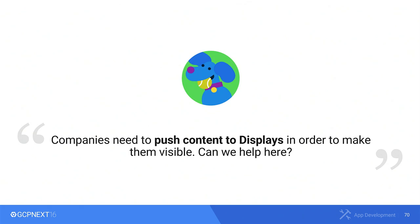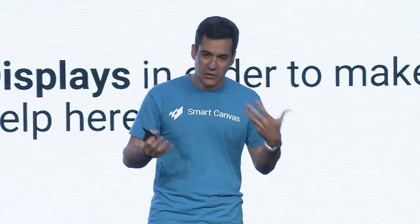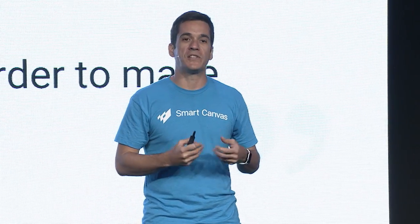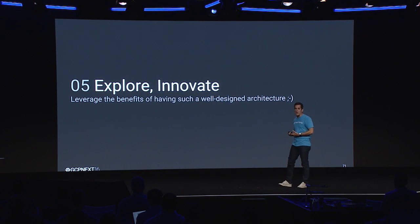The cherry on the top of the cake: we had our web application, we have some mobile apps, we could access those to get information. But now we want to make the information find the person. We want to cast content from Smart Canvas to external displays. We want to explore. We want to innovate on the top of Smart Canvas. And that's where